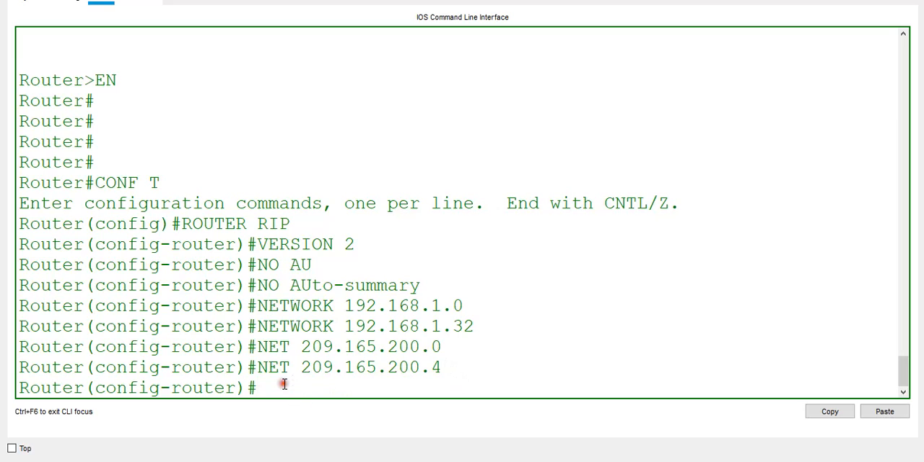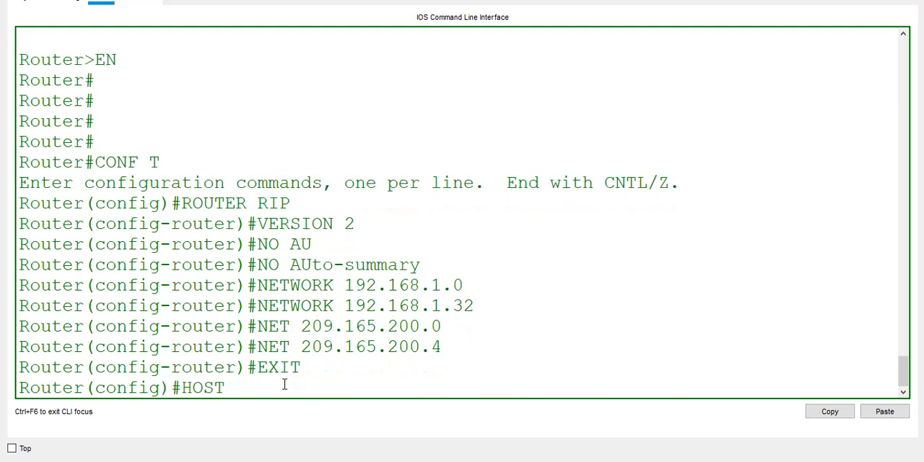Unfortunately I did not change the name of my router, so I'm going to start doing that now. Hostname R1. So I have to go back to global mode, sorry, privilege mode. Hostname